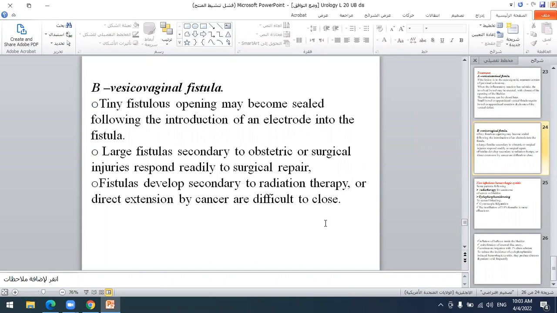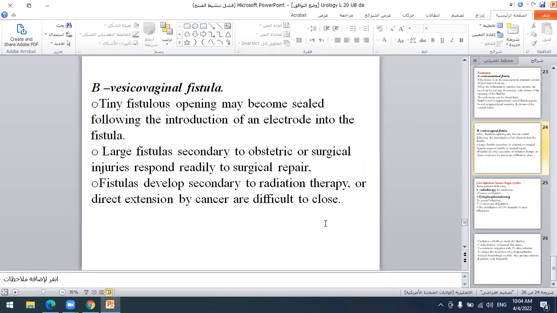Very small fistula: if it is tiny, we can go transurethral, reach the bladder, and do catheterization around it and destroy the epithelium, as I said in the beginning about the meaning of fistula: an epithelialized tract. So we will destroy this epithelium,